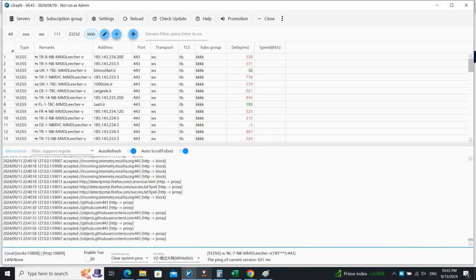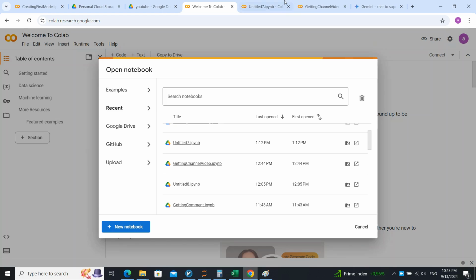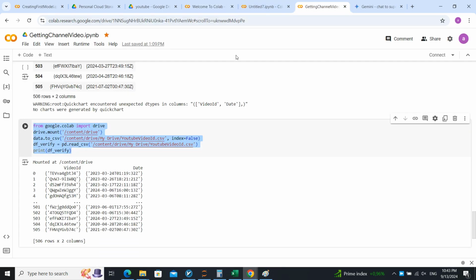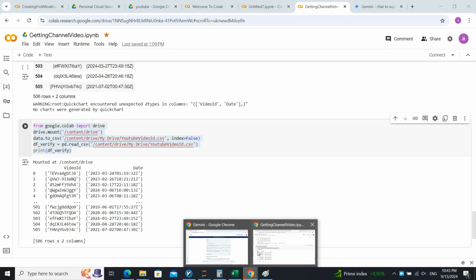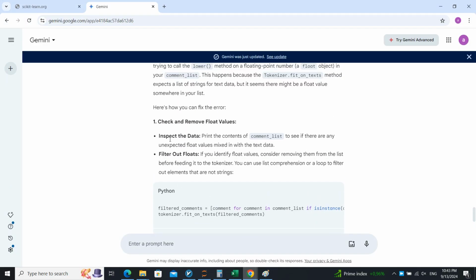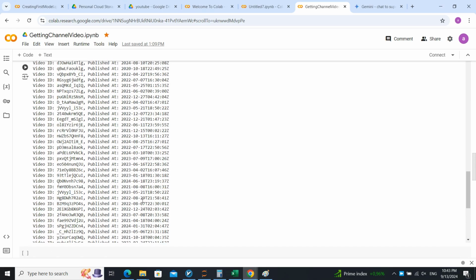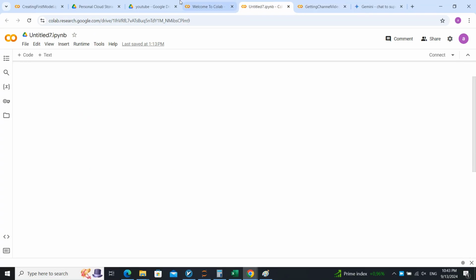Hello guys, welcome back. In the previous lessons, let's go there and see what we have done until now. I asked Gemini about the problem and it gave me something that is good. It says that the data have float and we are going to convert each data to